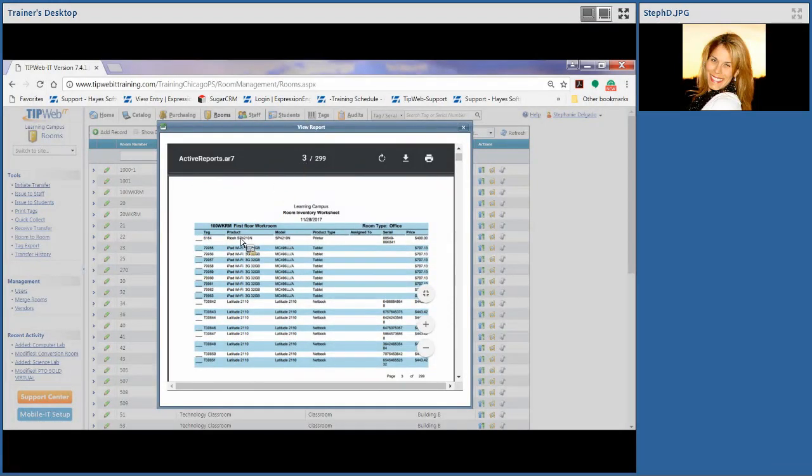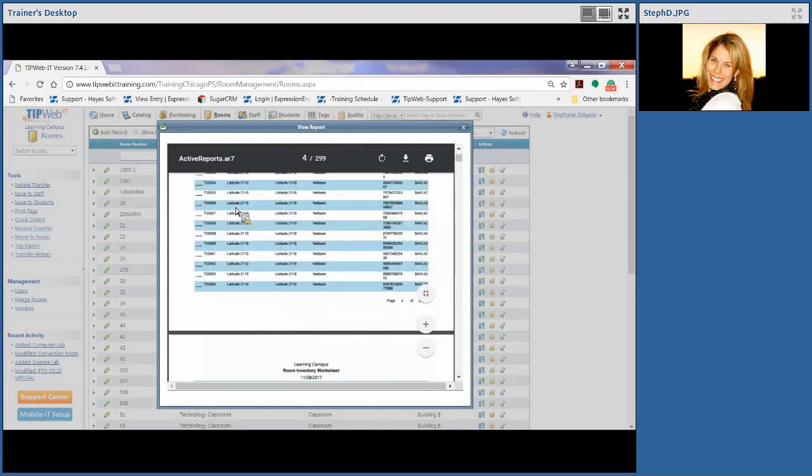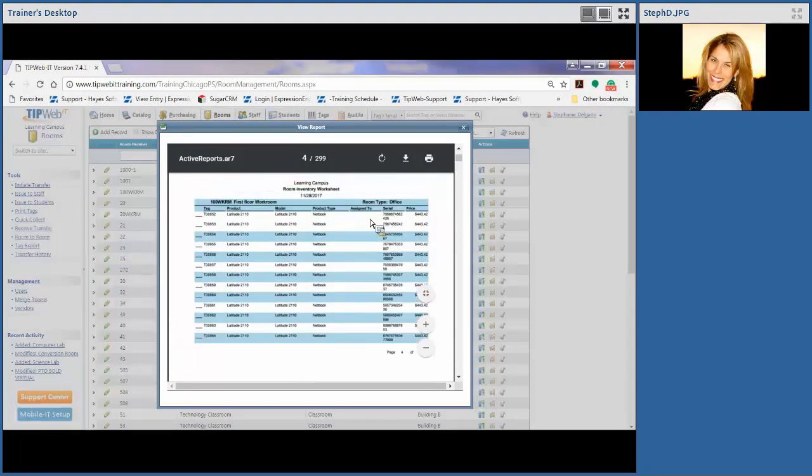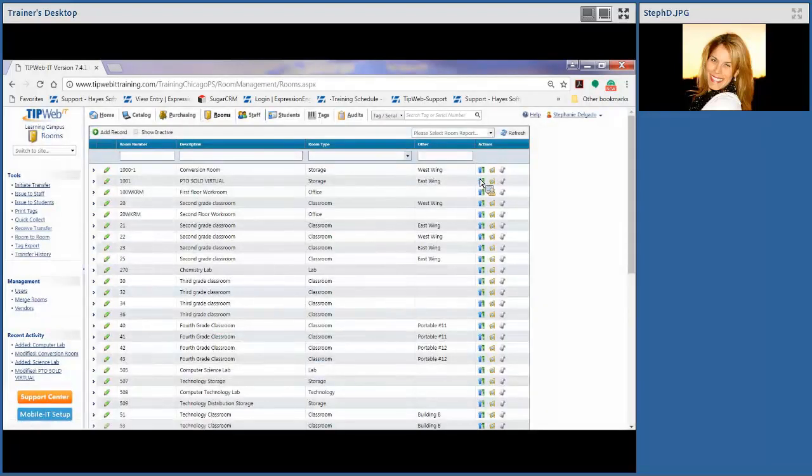And so just a listing of each of the tags and then their product information and just detailed information really, even price, listed below it. That's extremely helpful, I believe. Now under the Excel reports, you have the room audit detail reports, which is going to be similar to the